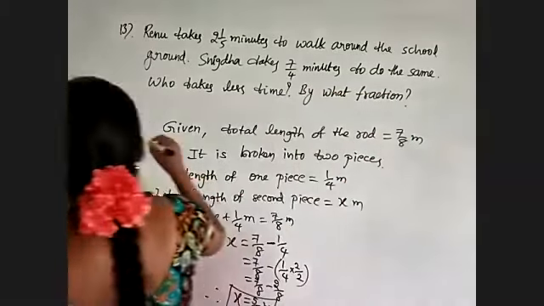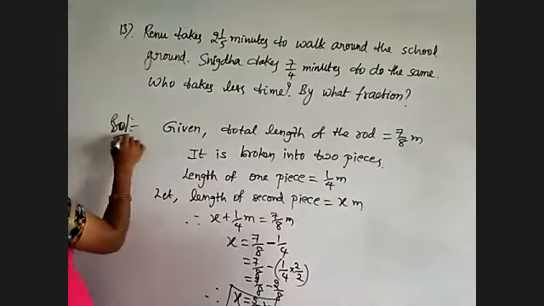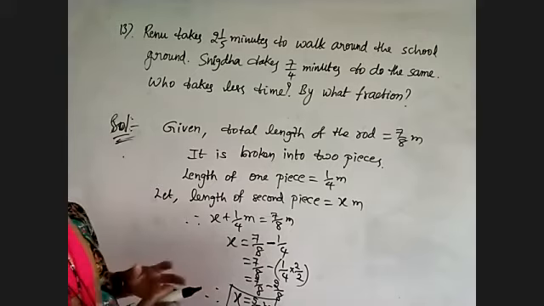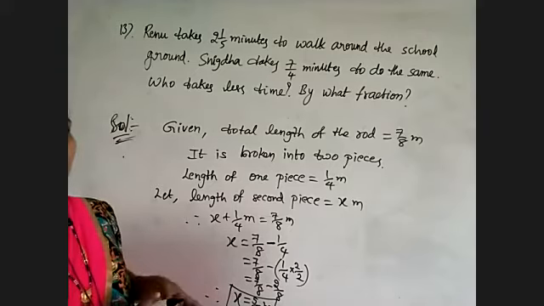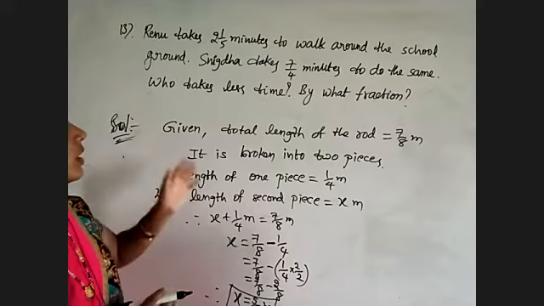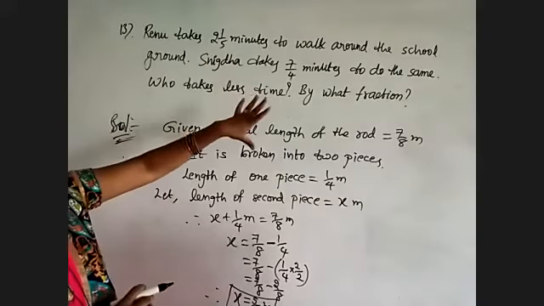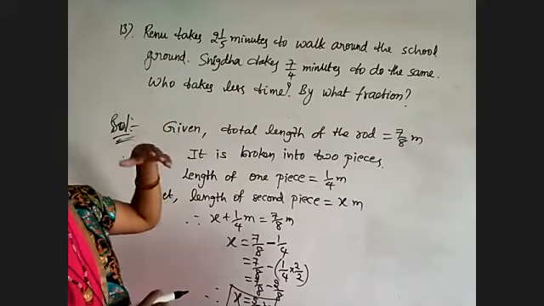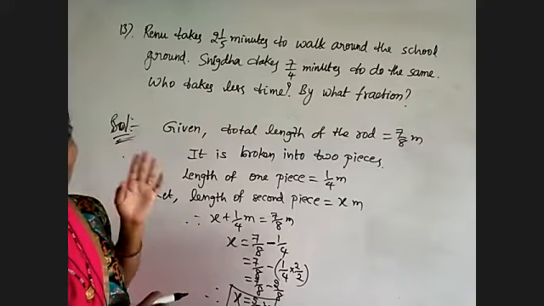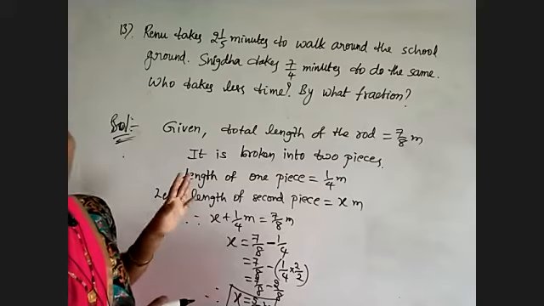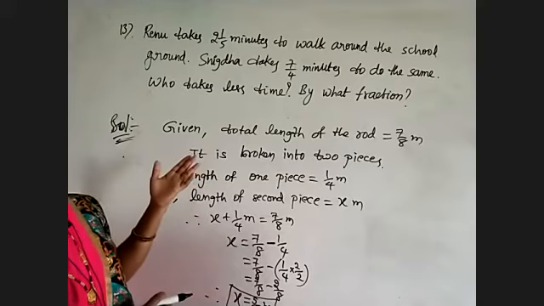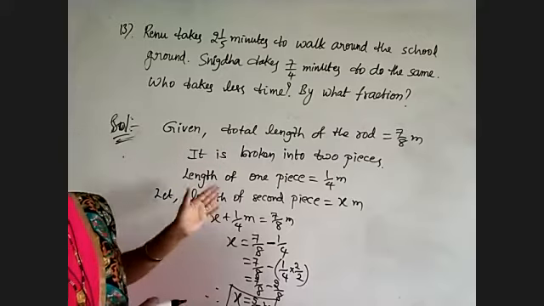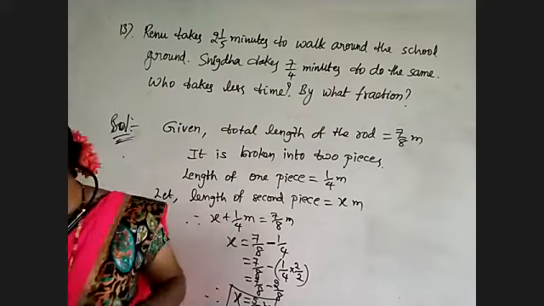Okay, just observe this problem. Yesterday one question we have seen, that is Varshit read 2/5 of the pages and Lalita read 2/5 of the book, then who read less means we compared those two values, yes or no? Here also they have given two timings of 2 persons. So first we need to compare them, means first check whether those are like fractions or unlike fractions, and which fraction is greater and which fraction is lesser. After that, by what fraction also they are asking, means how much difference is there between them, means subtraction also we have to do.